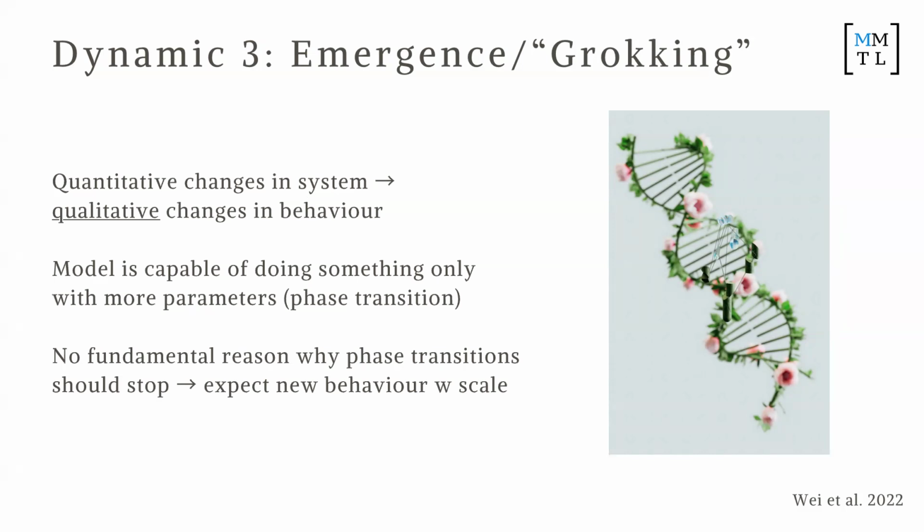And a similar behavior seems to happen in AI. At some point, if we keep on adding more neurons to a neural network, it starts having behaviors that we couldn't have predicted before. Okay, no idea why. So there is lots of science behind this. So a model is capable of doing something only with more parameters. We call that a phase transition, when it suddenly has a step function where it's capable of doing something. And there's no fundamental reason why phase transitions should stop. So as we scale these models to bigger and better, we should expect behaviors that we did not expect before, whether it's more intelligent behaviors or potentially more stupid behaviors.